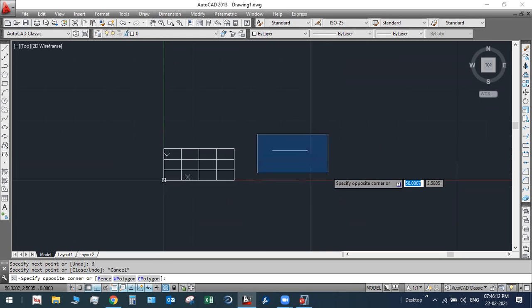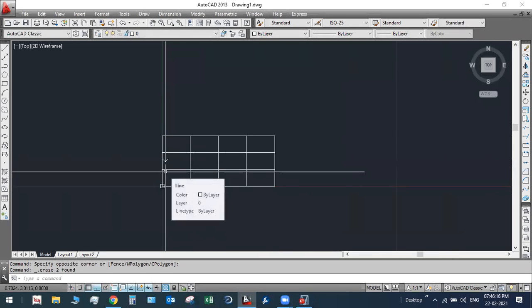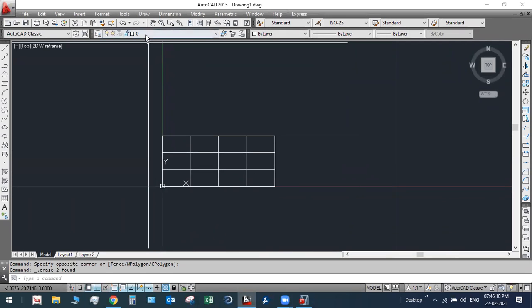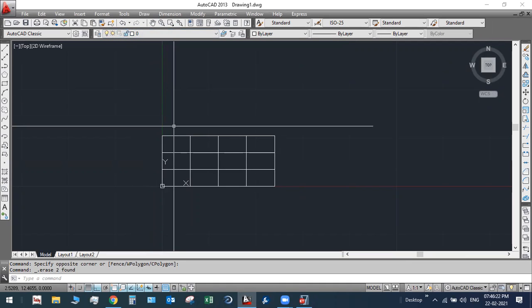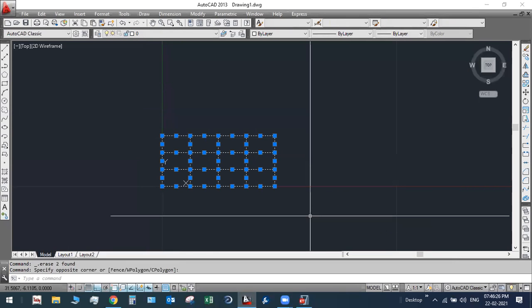Similarly, you can draw this. I have already drawn it simply by using the line command, and I have used the layer you can see over here, 0. This layer I have used for making this model. Then, by selecting all of this model, you just have to make sure that the bottommost point and the leftmost point comes at the origin of the